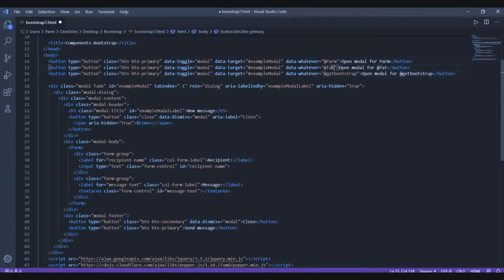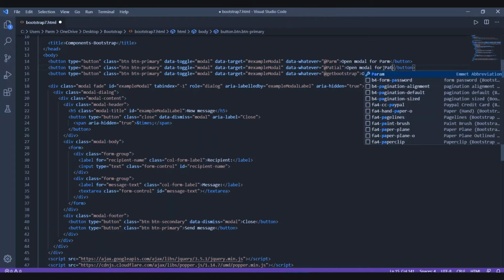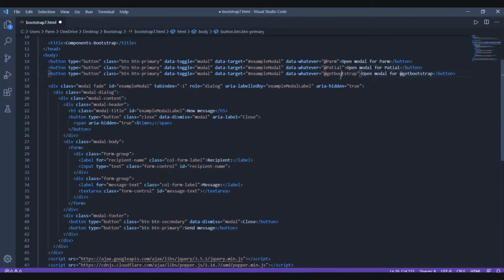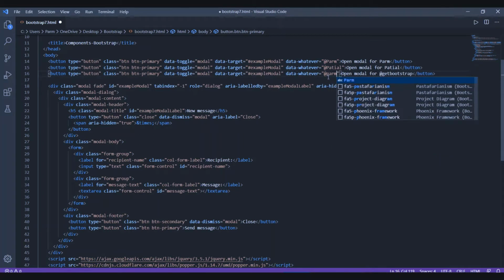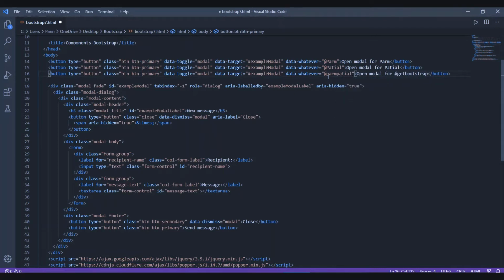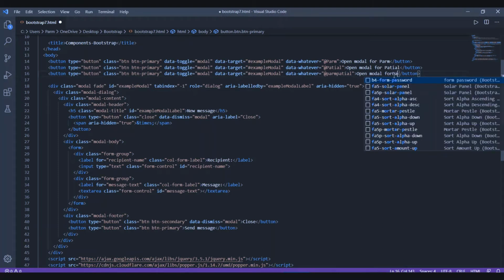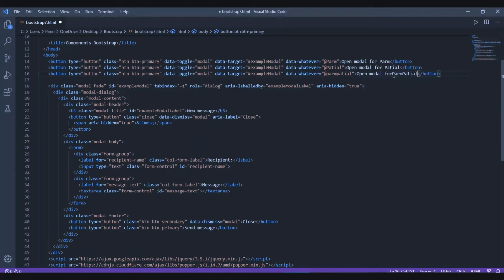Then I make small changes again. The same button is there, and here I write @Patyal. Then I change the value for Patyal, then for Param Patel, and I'm just changing the value here to Patel.